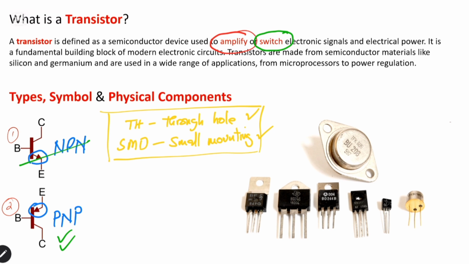Some of the things you need to understand with a transistor. A transistor mostly operates as a switch or an amplifier. In order to have a transistor operate as an amplifier,